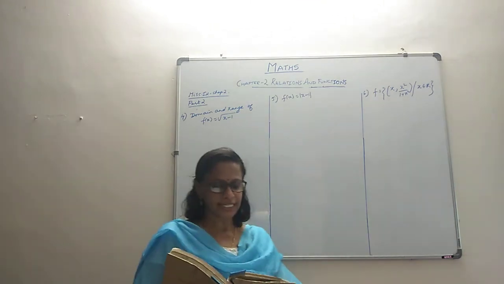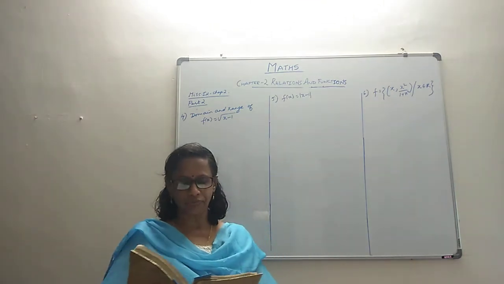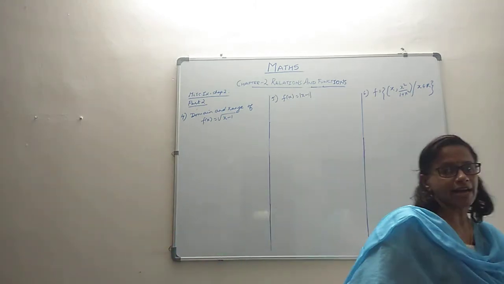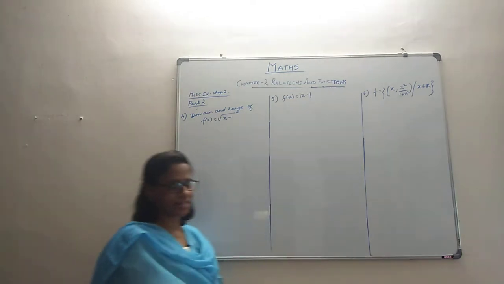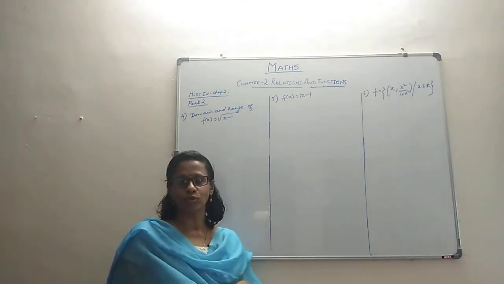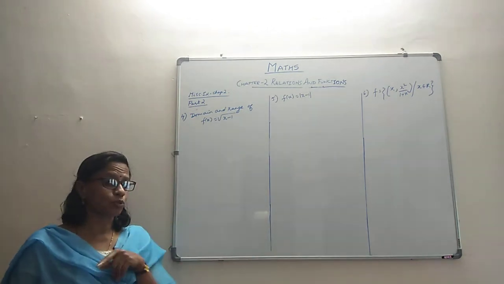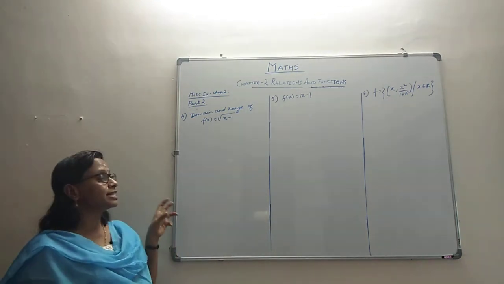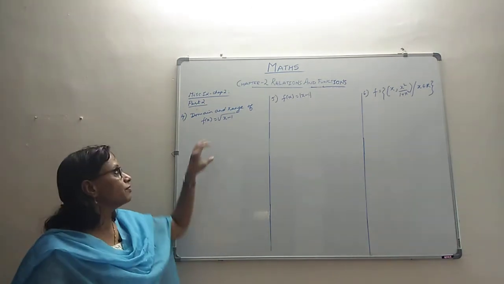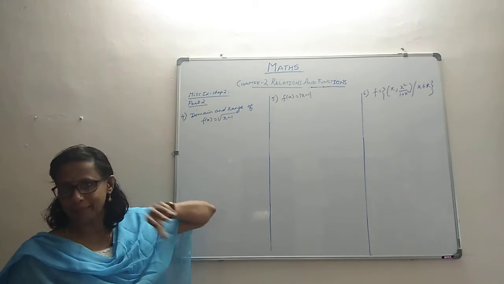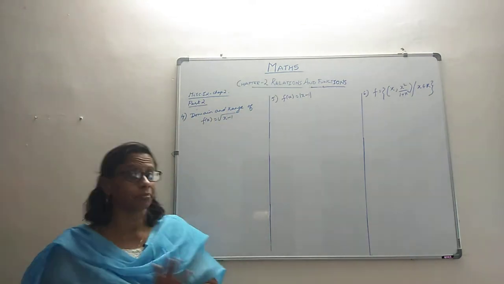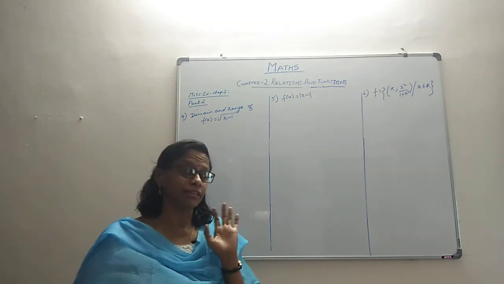Question number 4 says, find the domain and range of the function f of x equal to root of x minus 1. They give us a function and they ask us to find out the domain and the range. Now this is familiar to us, we have done it in the exercise also, functions where the root was there. We know that these functions are real valued, and if this function has to be a real number, the function's value cannot be root of a negative number. Root of a negative number is not real.